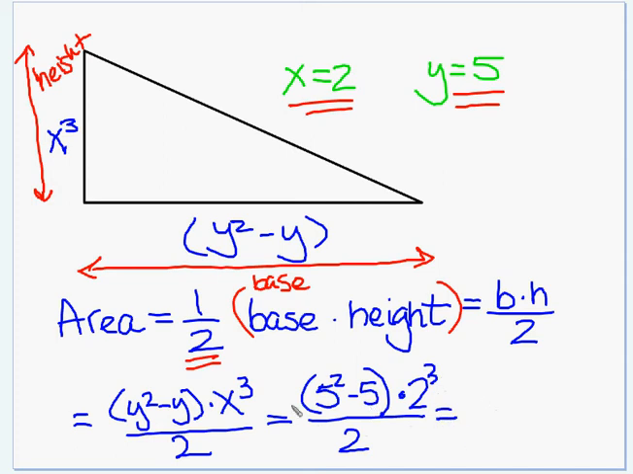This is 5 squared is 25, minus 5 is 20, times 2 to the third power. Well, that's 2 times 2 times 2, and then everything is divided by 2. Well, at this point, what we can do is cancel out 2 twos, and now we have an easier problem to evaluate. It's equal to 4. 4 times 20 is 80. So the area